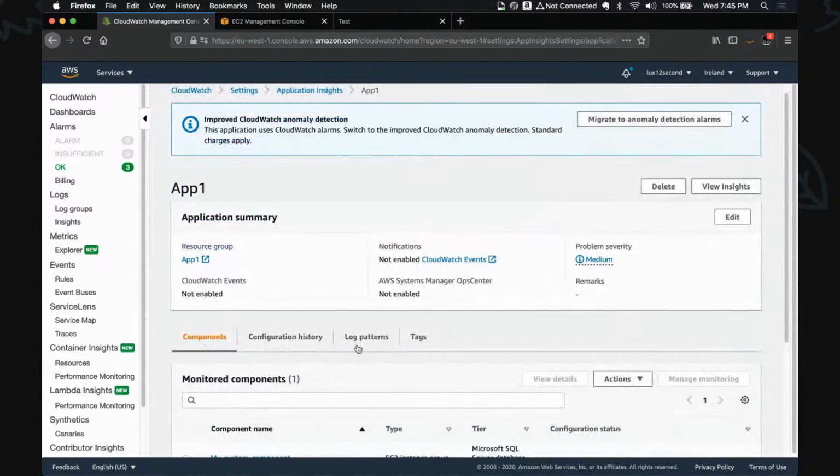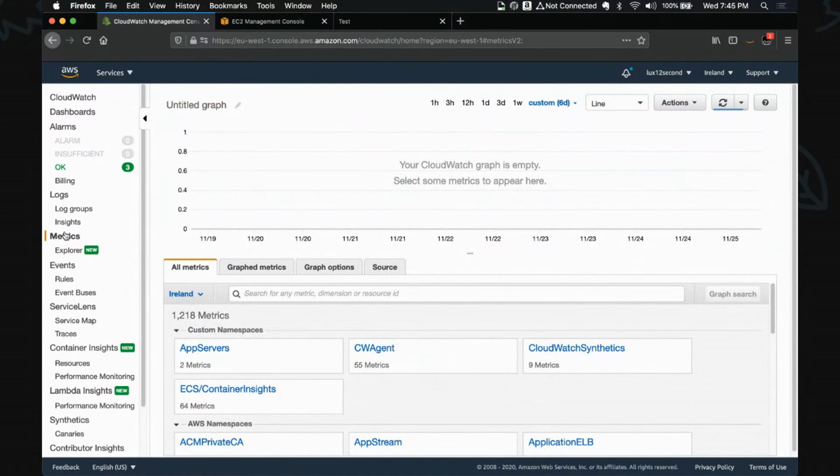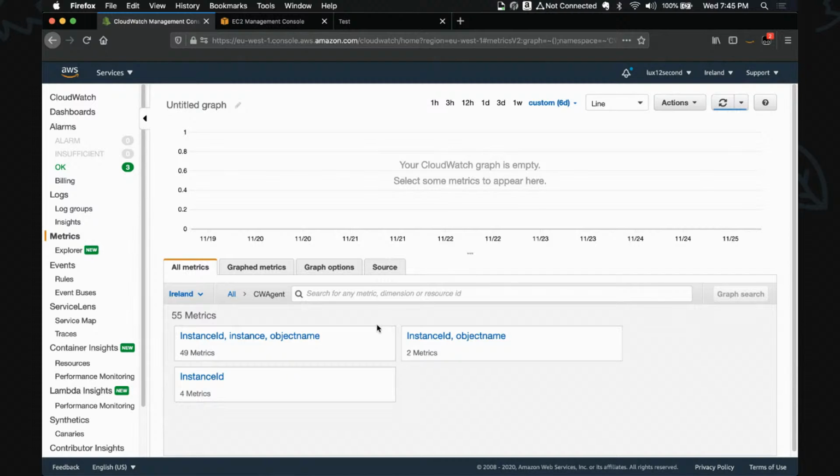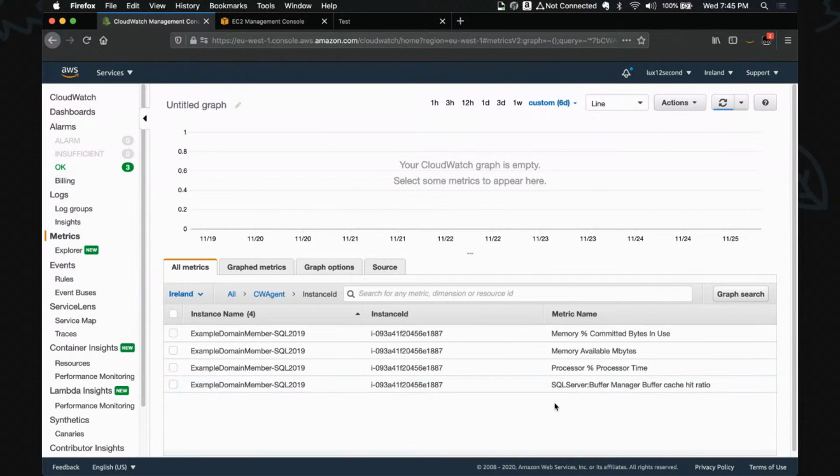So let's go and check, right? I configured it already. Let's go and check these metrics that I'm pushing to CloudWatch. In the metrics section on the left-hand side, I chose metrics. There is a namespace called CloudWatch Agent. And if I choose metrics based on instance ID, you see there are some metrics that I'm pushing out of this instance,